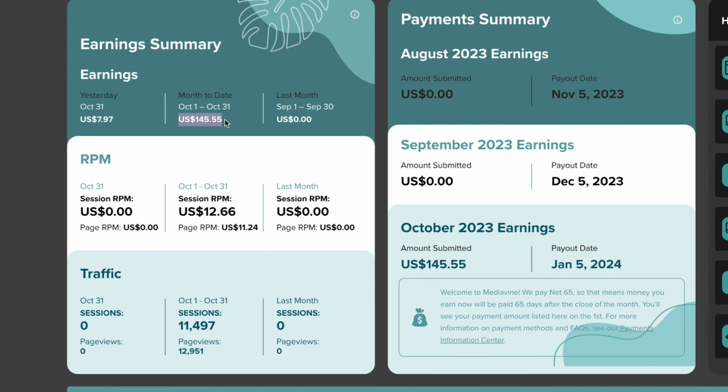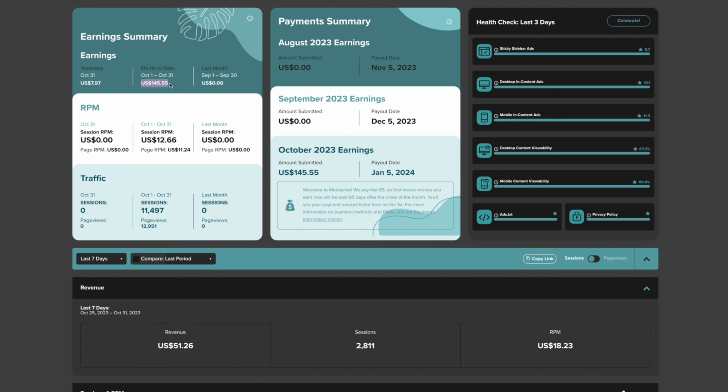So you can see the earnings summary at the top here. You can see here the total earnings for this month, which isn't a complete month at all. It's made $145. I think next month on a complete month, I will show you those numbers if you're interested, but I do think it'll be over $200. But like I say, if this site had not been hit by the helpful content update, I think we would have been on $700 or $800 per month with this site. So hopefully Google shows us a bit of love. Hopefully the update is reversed or rolled back, and we'll see the traffic shoot back to its former past,